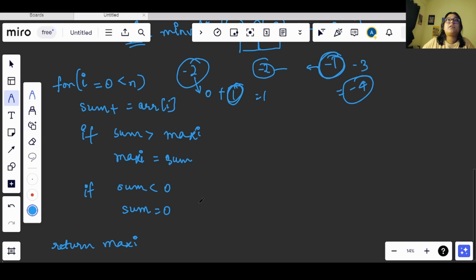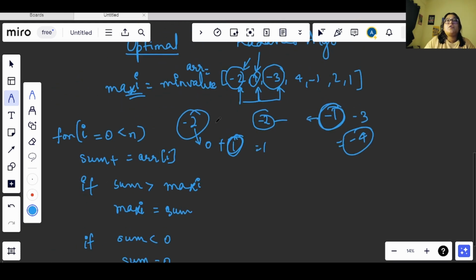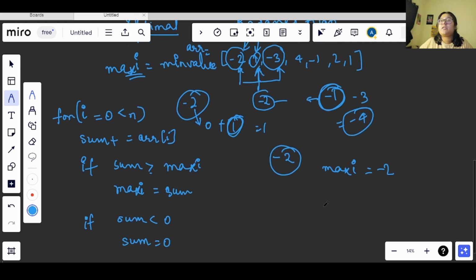Let me dry run this example and show you, okay. So first we had -2, so we will add -2 here, and right now my maxi will be having the minimum value that is possible. So now maxi will get updated to -2, right? Now after this, our i will get incremented and we will go to the first index. Before that we updated our maxi here, and now we will check this condition, right? Sum is less than 0, so we will update our sum again and it will become 0, okay.